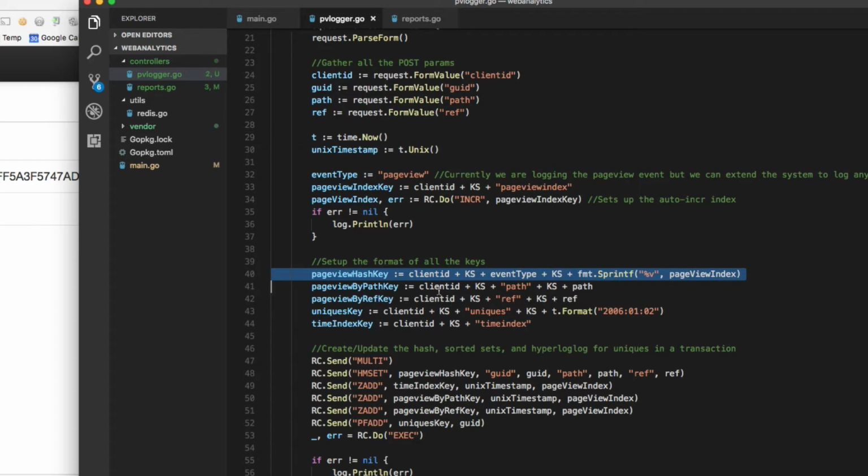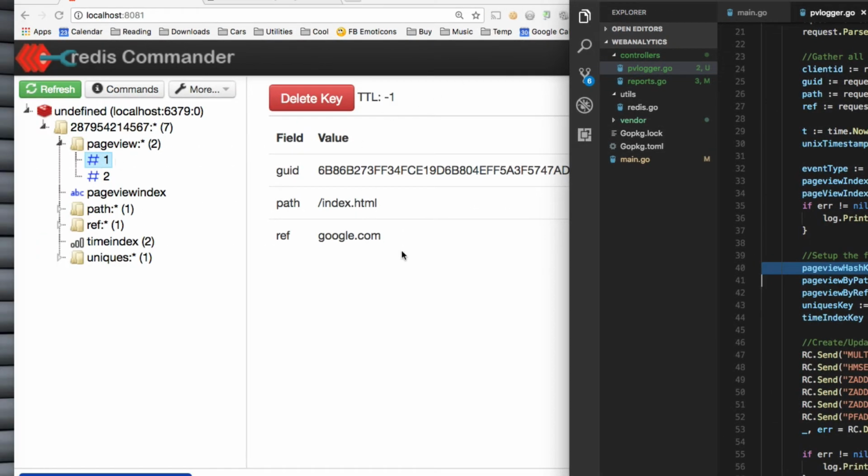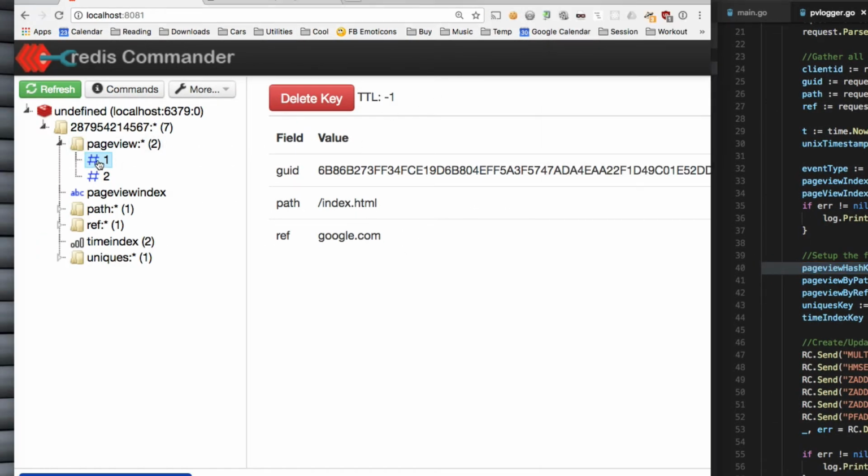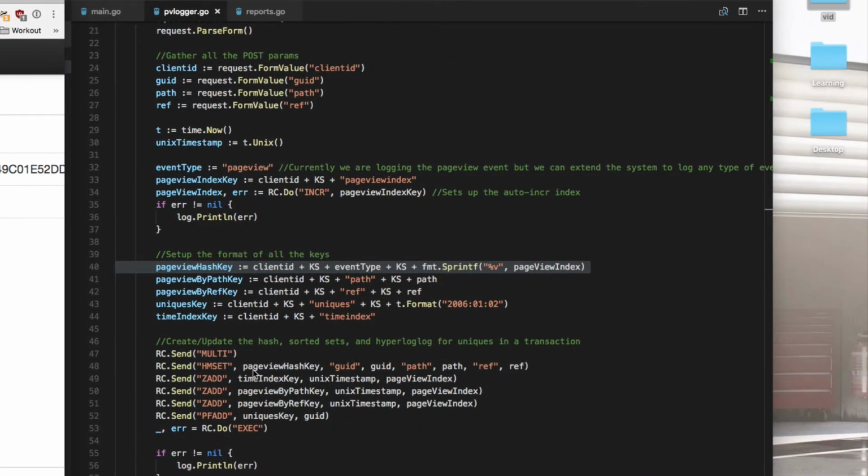You'll notice the values that are set in Redis are right here: the client ID, page view, and then the auto incremented value. Each one of these actually gets created as a hash value. So we're going to be creating a hash. We are also going to be creating